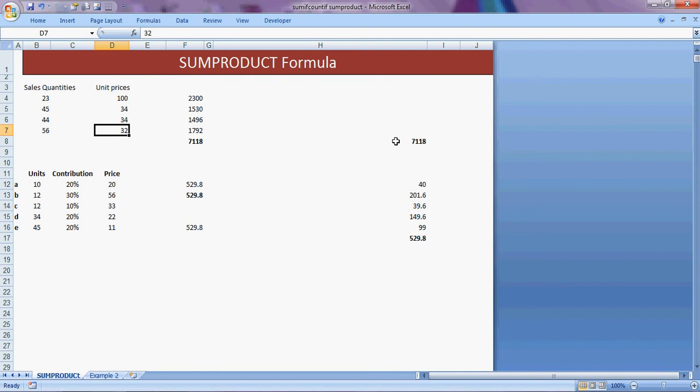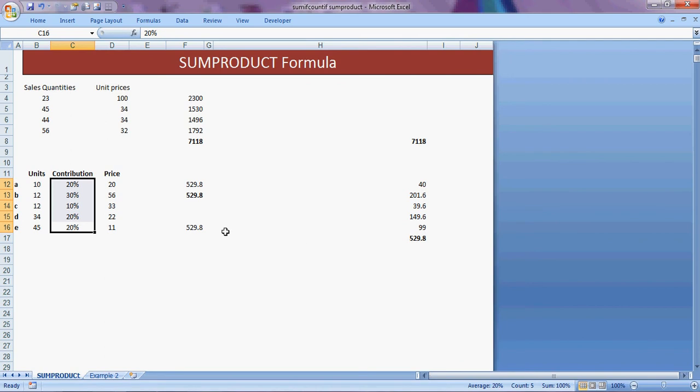Many times what happens is you have multiple columns and you need to multiply them. Say in this example you have a few products. This is the product name, just arbitrarily I have kept some product names. The units in a particular product, like 12 units in product C. The contribution which they make to the total. The only thing you need to take care of is that this sum should be 100.